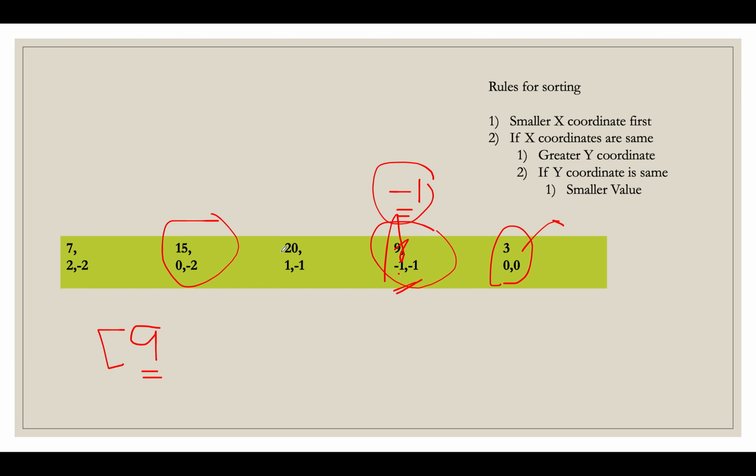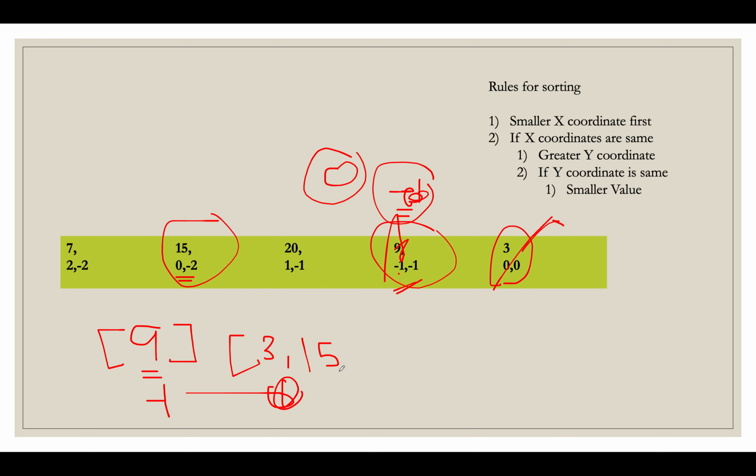Since their x coordinates are different, we will finish this array and create a new array that represents the -1 x index; this represents the 0th x index. So we'll add 3, and this is gone. What is the next probable candidate? The next probable candidate is this. So we will add 15, and we will update the previous x coordinate as 0, since we are going in increasing order of x coordinates.